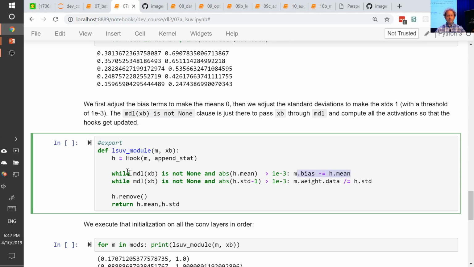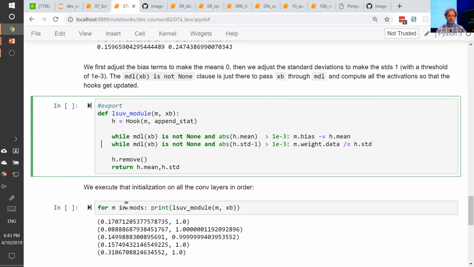So it just keeps looping through, calling the model again with the hook, subtracting from the bias until we get about a 0 mean. And then we do the same thing for the standard deviation. Keep checking whether the standard deviation minus 1 is nearly 0. And as long as it isn't, we'll keep dividing by the standard deviation. And so those two loops, if we run this function,